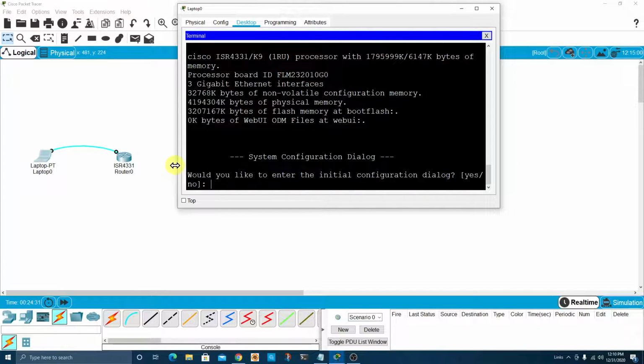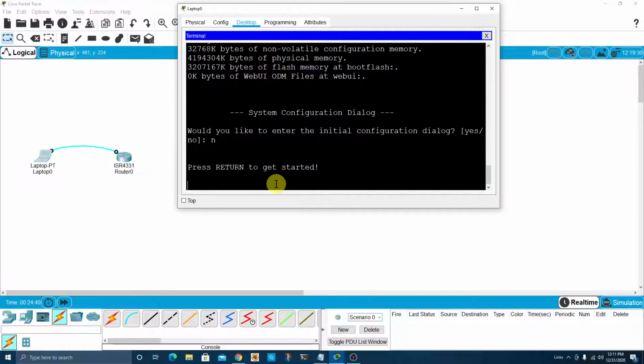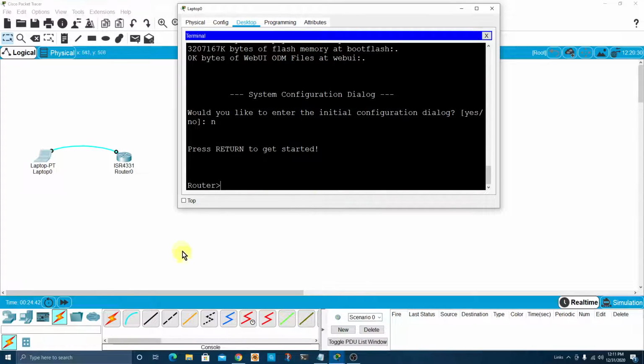Yes, we are in. The first thing you're going to see is, would you like to enter the initial configuration dialog? Just choose no whenever you see that. And then you just press return to get started. So right off the bat, we are in user exec mode, as you can see there by the greater than sign. If we want to move into privilege exec mode, you simply type the command enable,